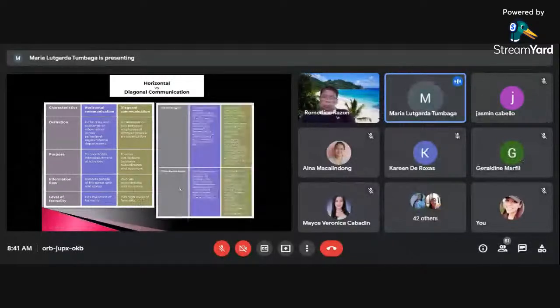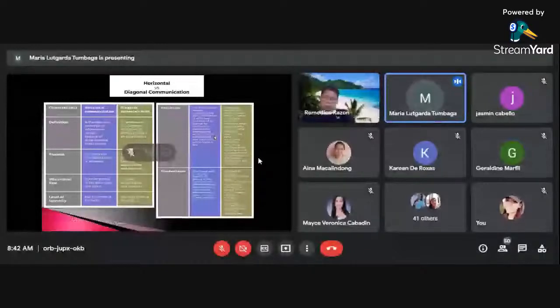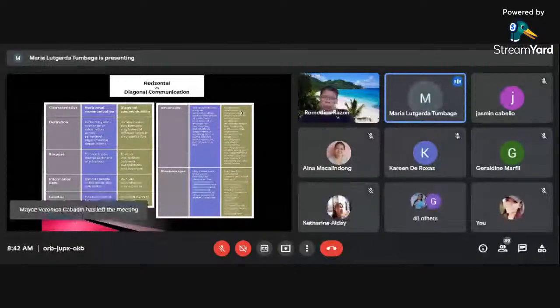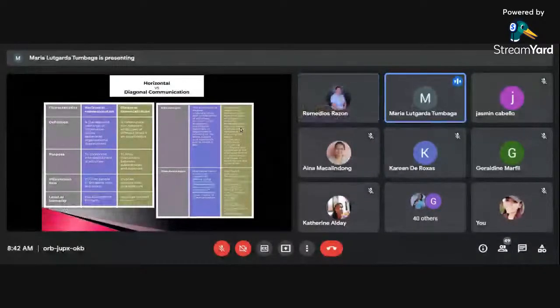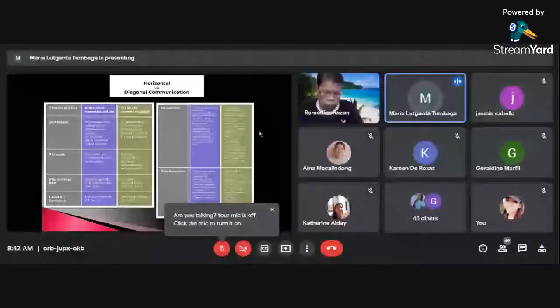In terms of advantages and disadvantages, the advantages for horizontal are the promotion of mutual understanding and coordination of activities, provision of an avenue for clarification, especially in departments working on the same project, and teamwork, just to name the advantages given a while ago. Next, for diagonal communication, the advantages are fostering relationships, messages retained without being distorted, reducing the senior employees' workloads, motivating employees, challenging the management of an organization, and helping in pointing out the weak areas.